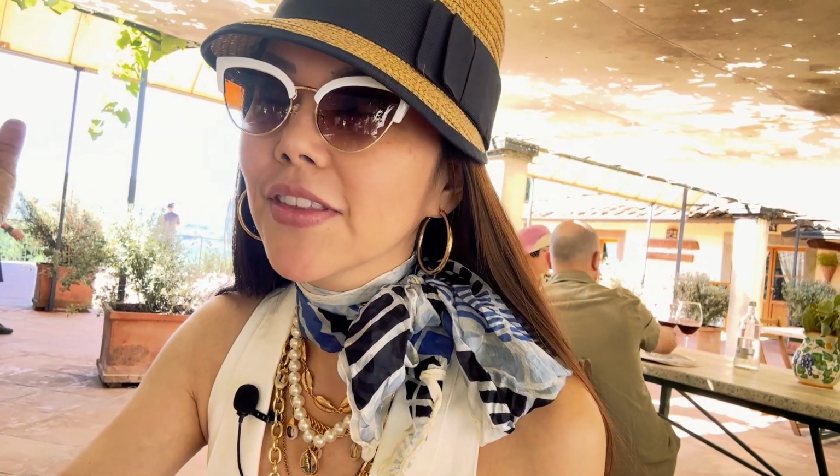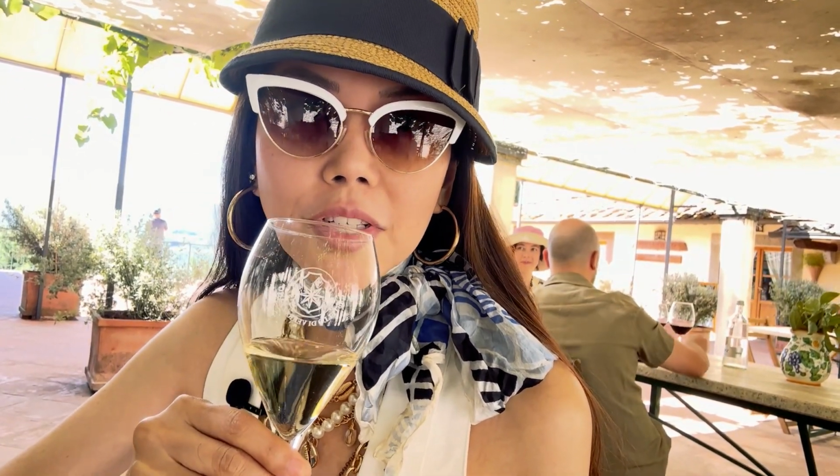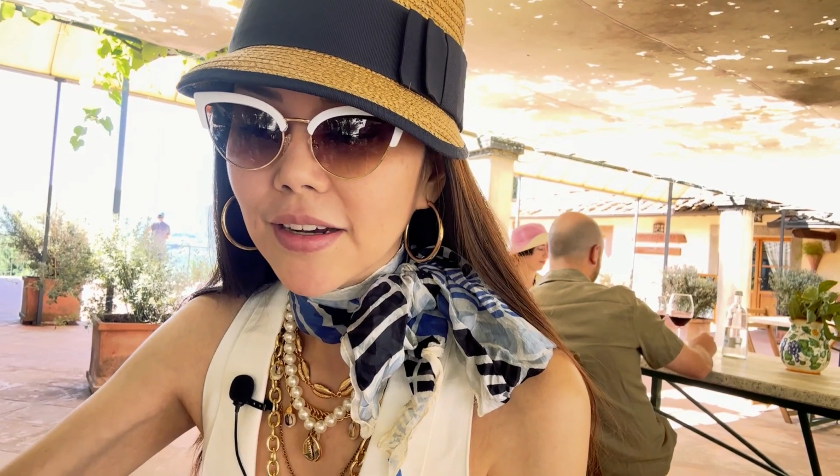Okay, I literally don't really know anything about wines. I'm not even going to try and pretend, but I think the whole point of this is for people like you and me who don't know much about wines. Let's learn together. So this is the first wine that was served to us, and although Chianti is really a red wine, at least from what I learned, this winery is known for its red wine, but because it's summer,